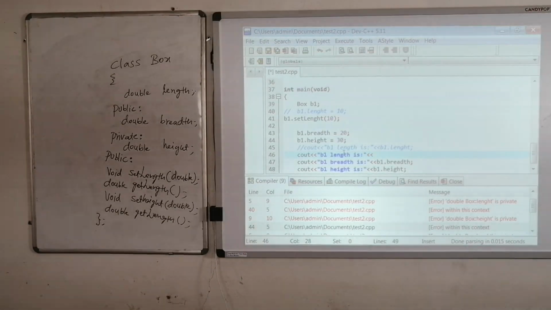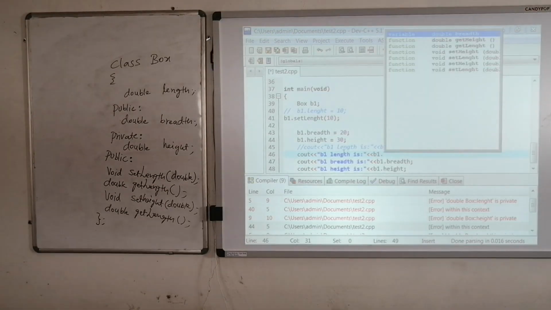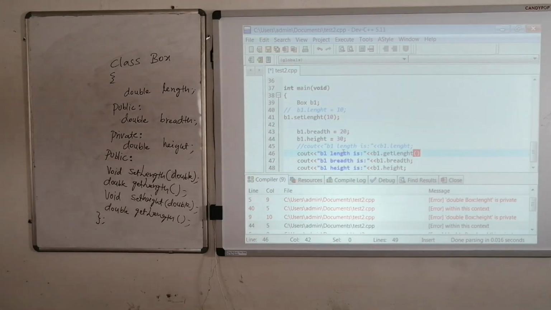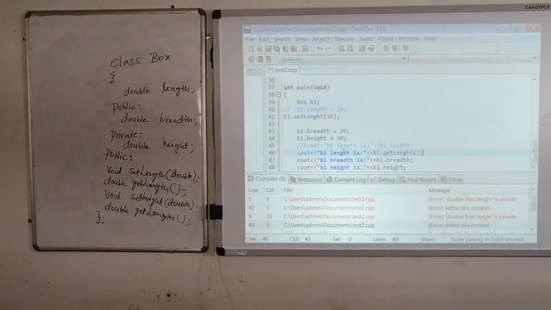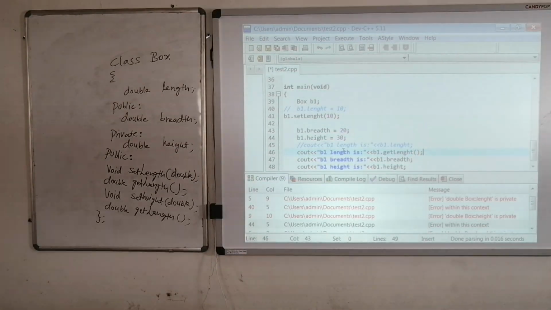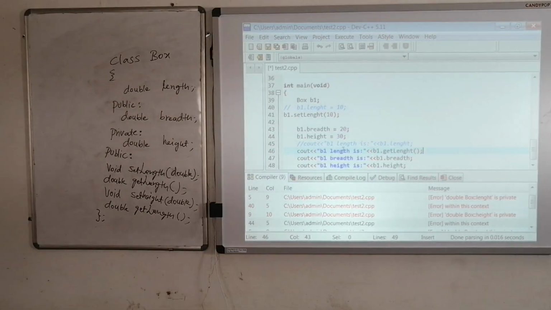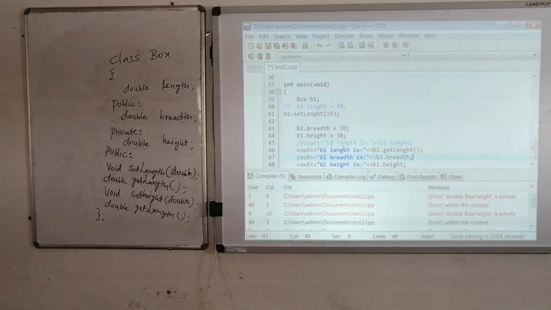We have to call the getter function, that is the get length function. Get length, that's it. This will give you the length. Instead of directly printing, we are making use of a public function.